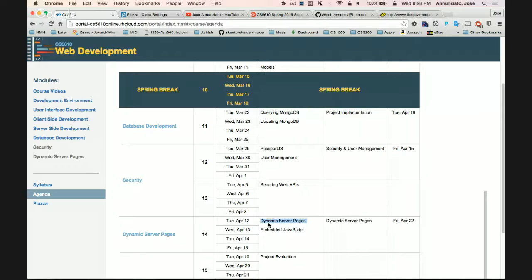But if it has to be dynamic, maybe I have a cookie and I know who you are, and I want to give you, like Amazon, the products that might be related to you, because I know who you are. That's dynamic. Well, the fastest way is to do that on the server. Dynamically generate that content on the server and push it to the client as fast as possible.